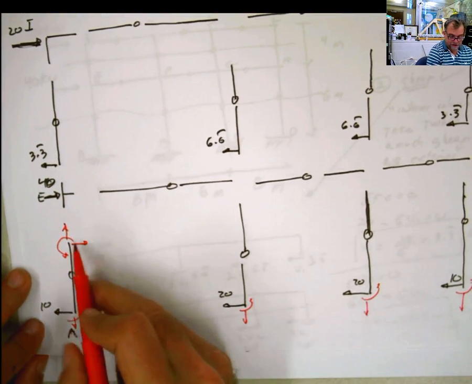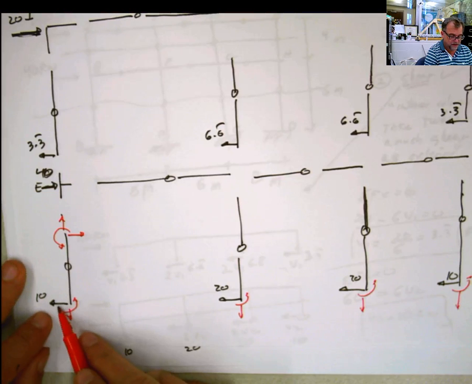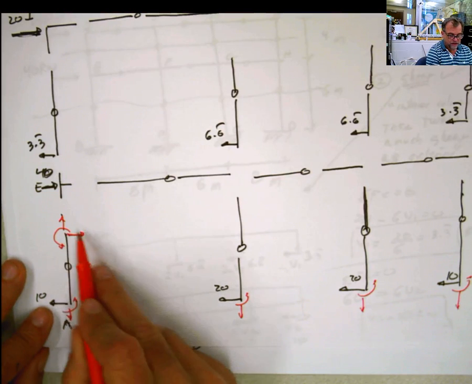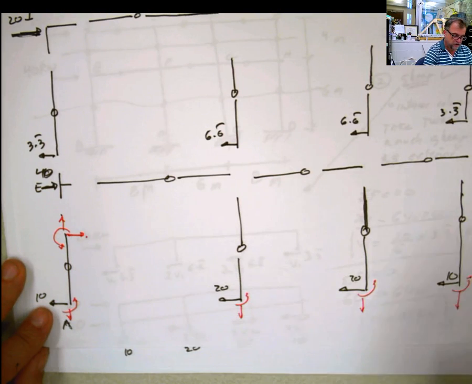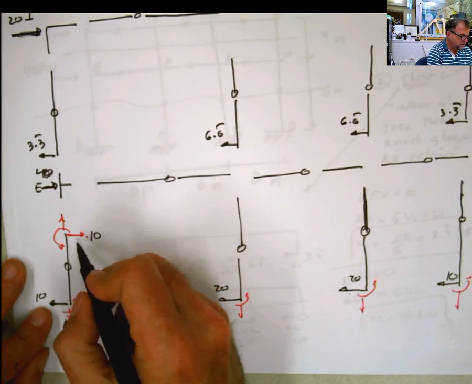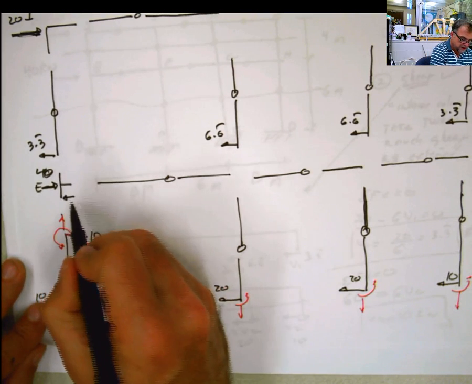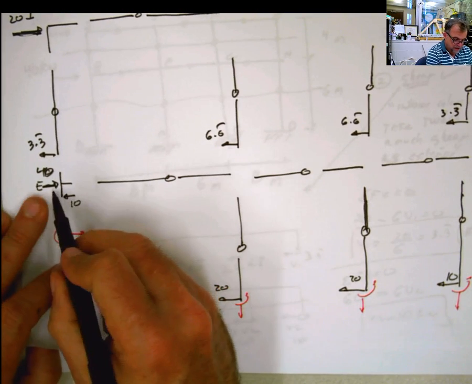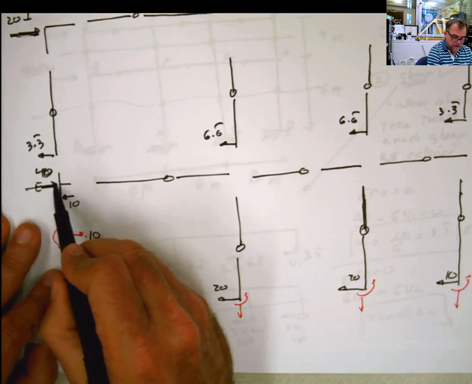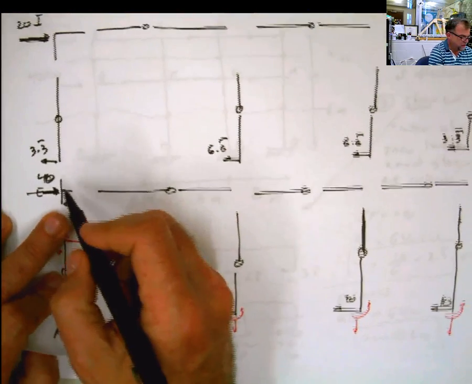Now if I look at this column that I did here before, and I know this is 10, the only other force in this part is this 10. That means that this has to be 10 by summation of forces in X. And this force is transferred now to this joint opposite, like that, as 10. Oh, but wait a second. If this is 10, I have a concentrated external force of 40 applied there, meaning that if I do in this joint summation of forces also,